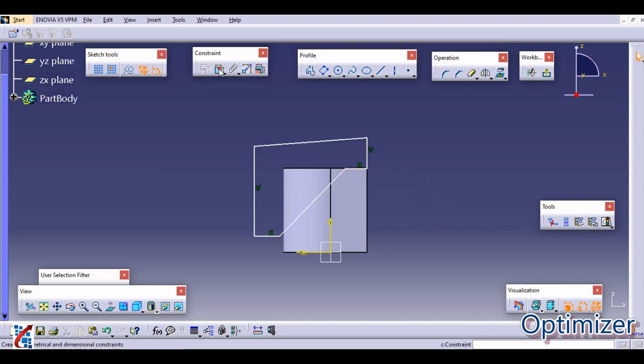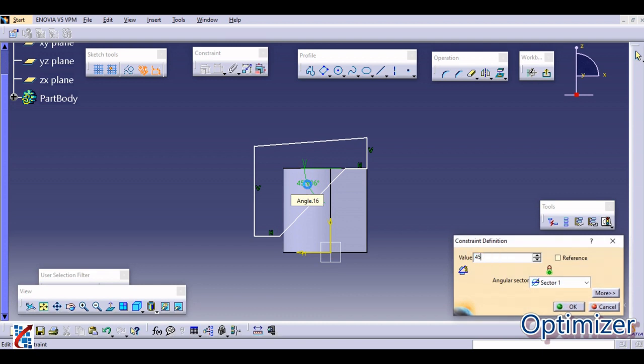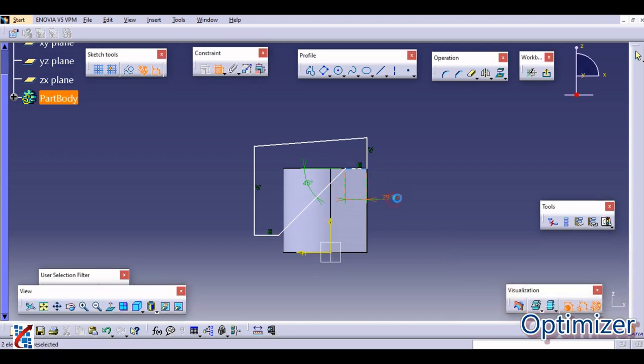We know this angle is 45 degrees, this distance is 25, which is already given, and this point and this point are coincident, correct?